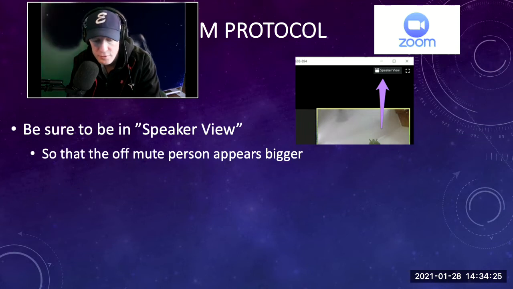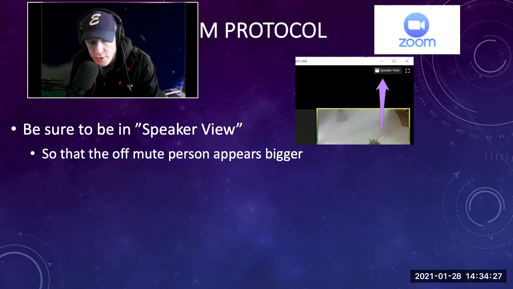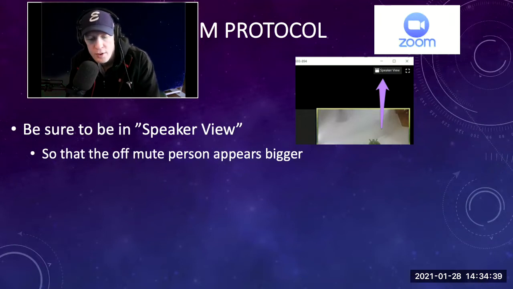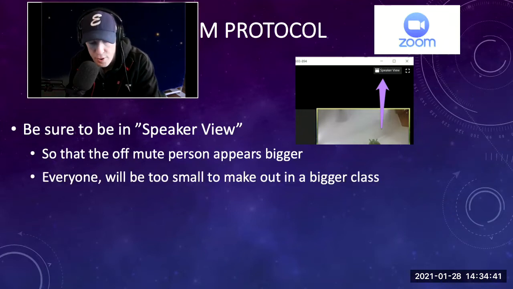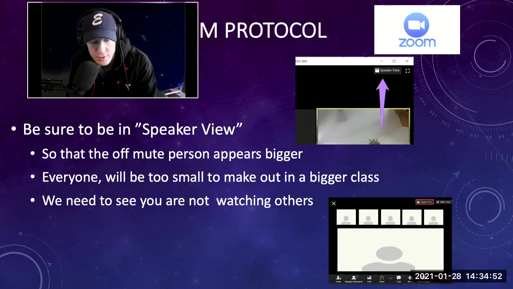All right. So things you can do is you can put it in speaker view. That way I appear bigger than everyone else. Everyone else is just a small dot. Also, I don't allow you to unmute yourself. That way we don't have to worry about Zoom bombers. Takes care of that problem. Everybody else you'll see in the background will be small. I also do what's called a spotlight, which makes my picture bigger than everybody else no matter what.